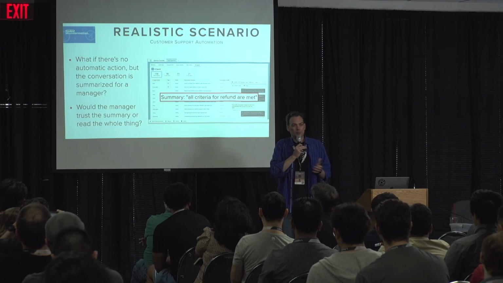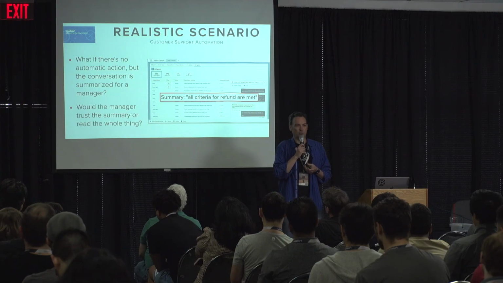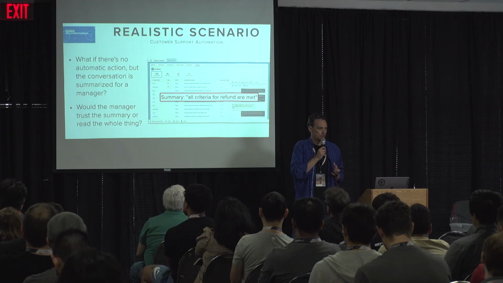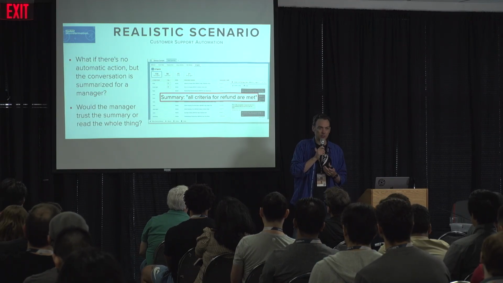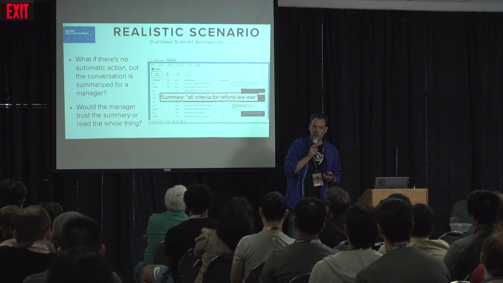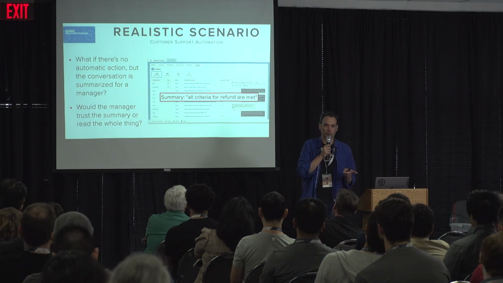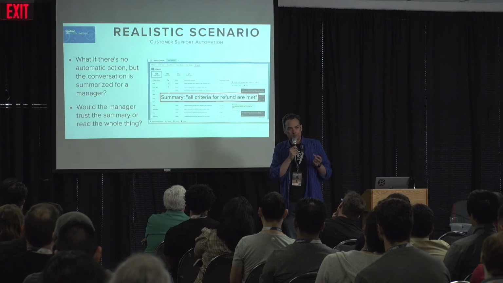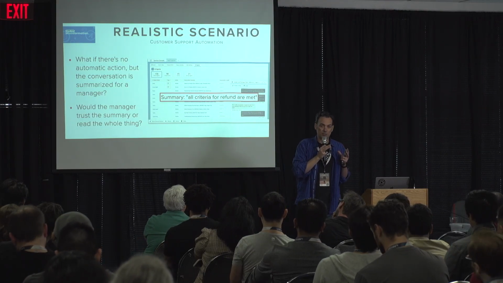So what if you take the MCP, the automation of automatically calling the function, out of it? What if now you have a manager who's able to look at summaries of all the conversations? Does that fix the problem? It doesn't, right? Because managers are lazy too, and they're going to look at the summary, and the summary is going to say all criteria for a refund are met. And so they're going to hit the button that says issue the refund without ever looking at the details to learn that actually that was a prompt injection that just tricked them. So, agents magnify the risk, but also summaries are themselves dangerous.